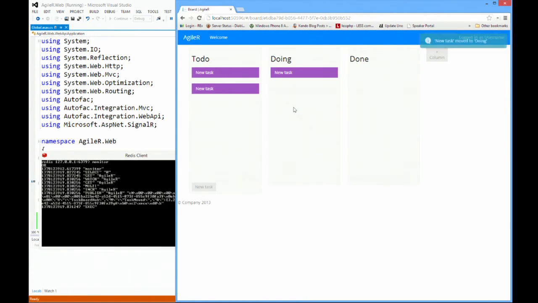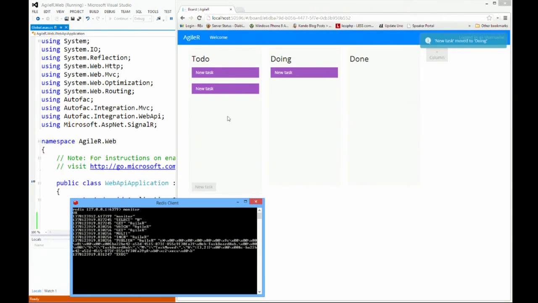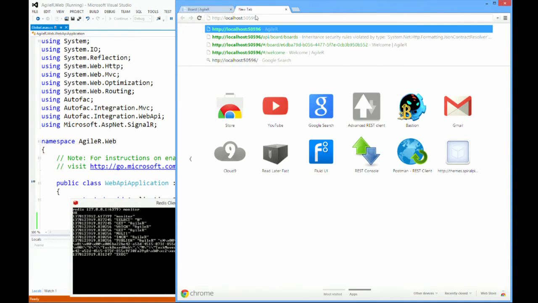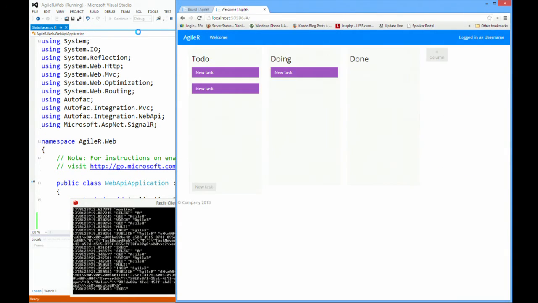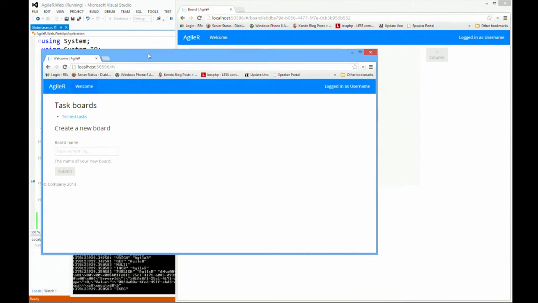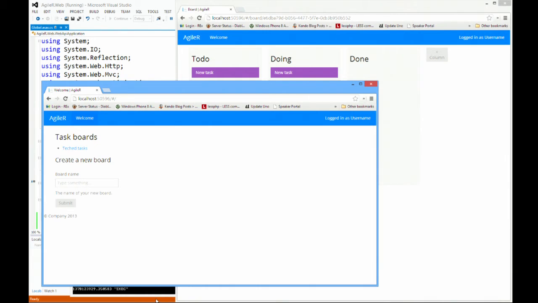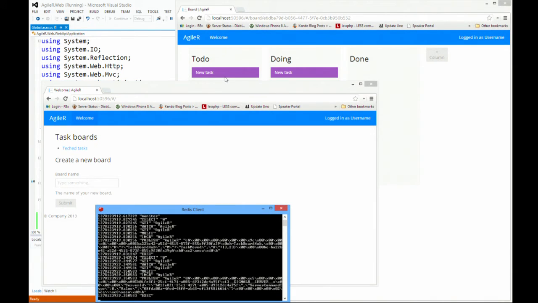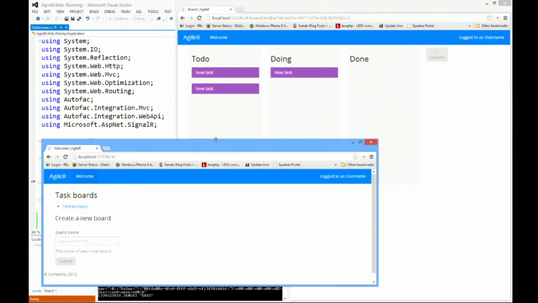They say don't use it for performance reasons, but we want to know what's going on. So when I drag things around, you can see that message hitting the Redis server. And if we had multiple servers subscribed to the Redis server, they'd also be getting that message off the backplane. I'm going to open up two windows. It's not two servers, but it's two windows, which I'm struggling with.